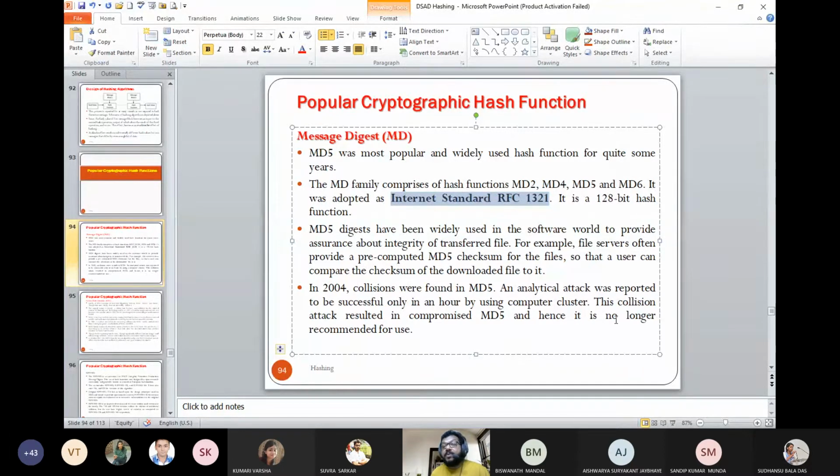So whenever we try to search for the standards of networking, cryptography, or any type of technological standards, we always advise that you please look into the RFC, because the approved standards are locked. Sometimes once a year IEEE opens it for the members, otherwise it is paid.